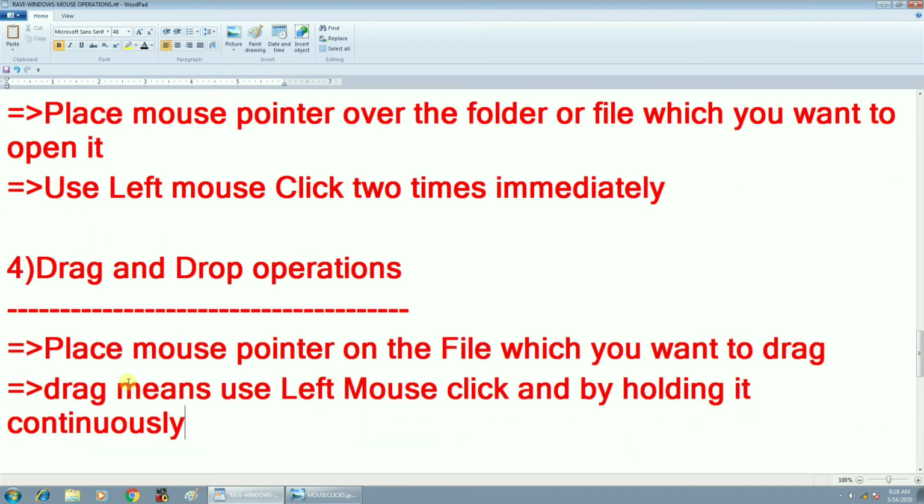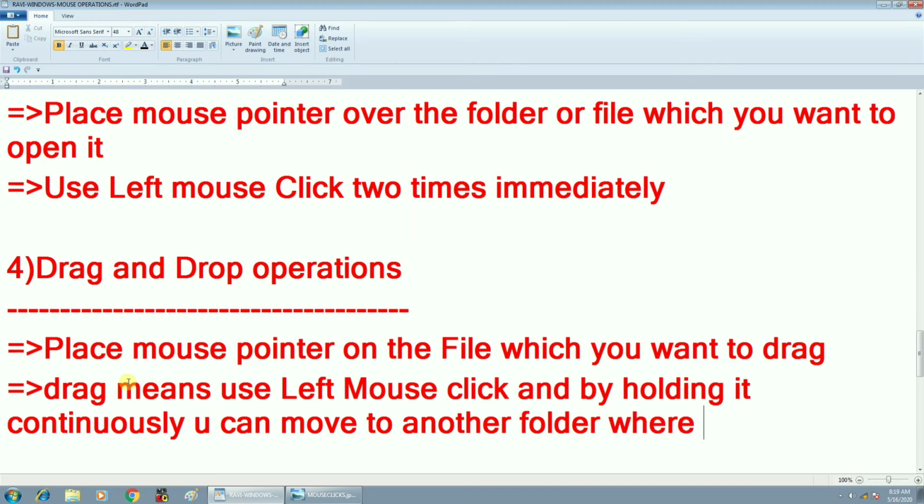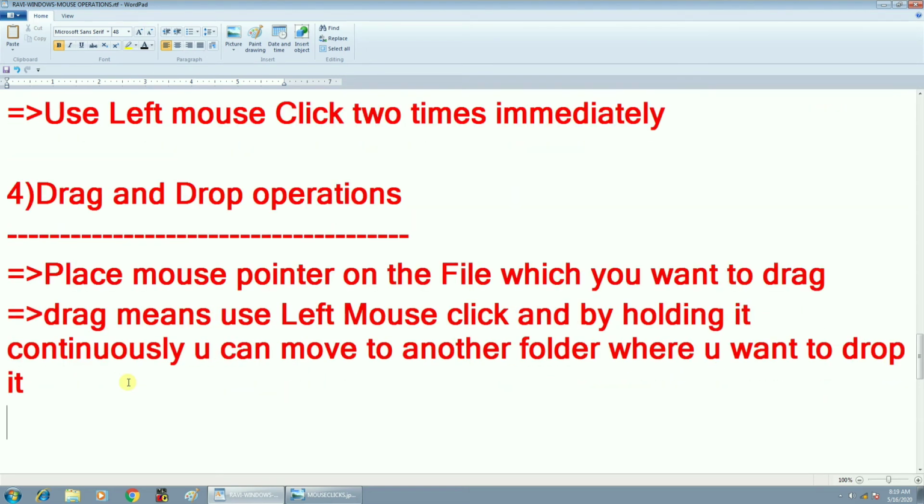By holding it continuously, you can move to another folder where you want to drop it. So this is nothing but moving and pasting.